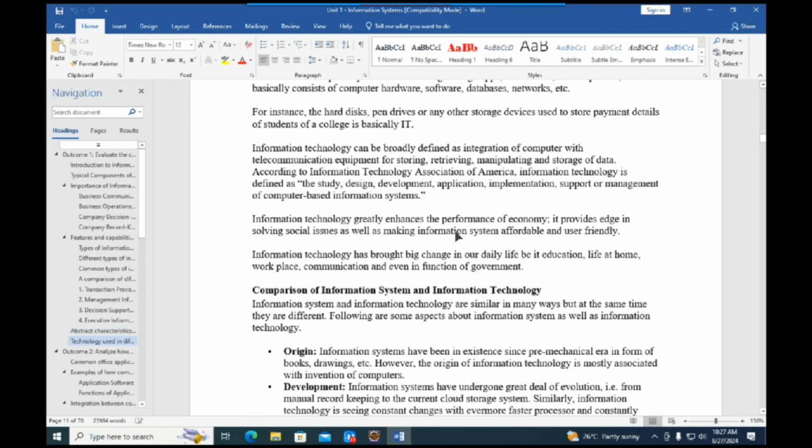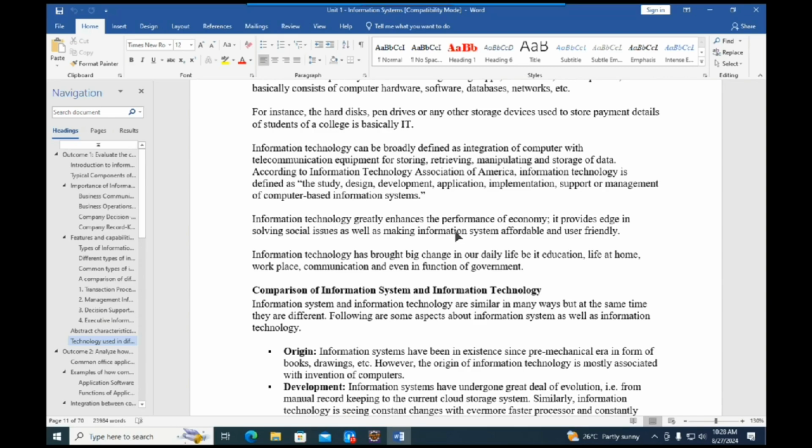All that is IT. So we can actually define information technology broadly as the putting together or the integration of computer with the telecommunication equipment that is used for storing, for retrieving, for manipulating, and even for the storage of data. So according to what is known as the Information Technology Association of America, it defines information technology as the study, the design, the development, the application, the implementation, the support, the management of computer-based information